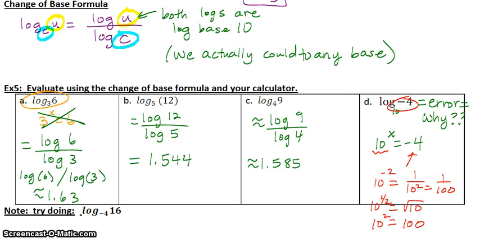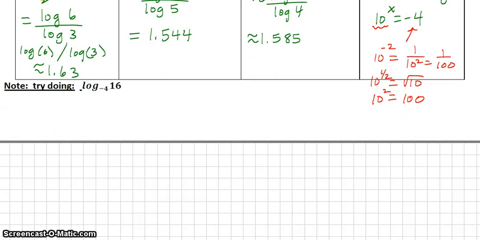Now, one more quick. Look at log base -4 of 16. So this time I'm trying to do -4 squared equals 16. Now if you try this one, it is possible because x could be 2, but if you try it this way,